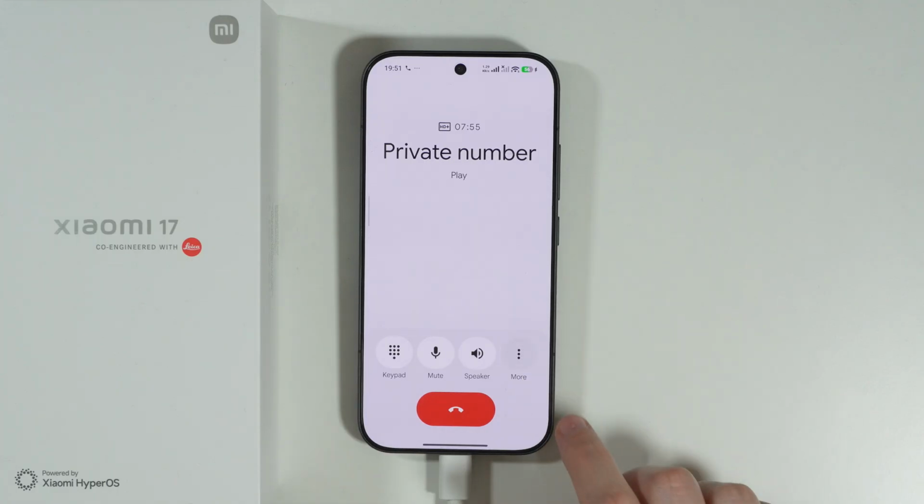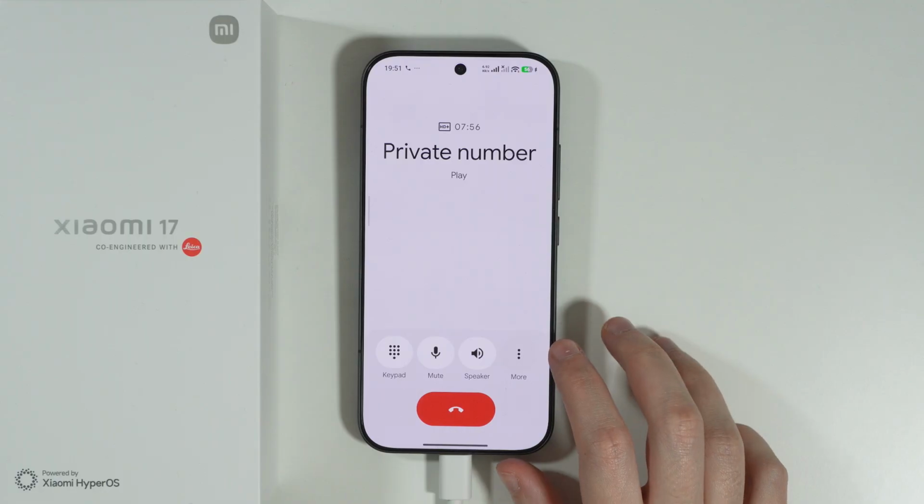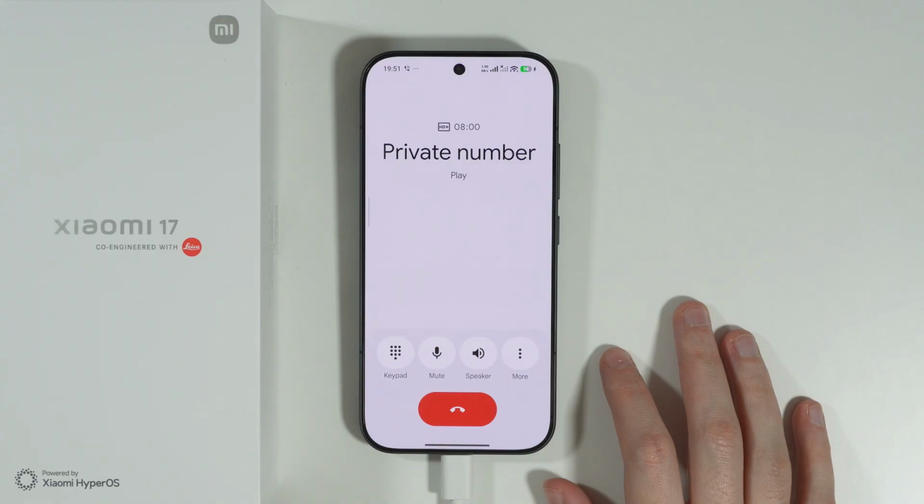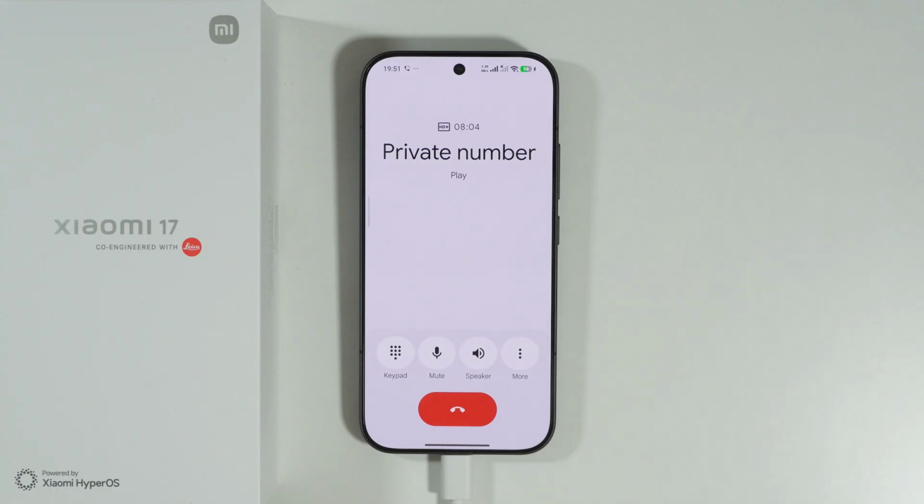Usually you can find it, for example, by going to more, or it might be available somewhere over here on this main page of the call menu. And of course, the phone call recording option is available only in certain regions, in certain countries, so there's a chance that you simply don't have it, just like me. And if you don't, then in that case you need to use a third-party app